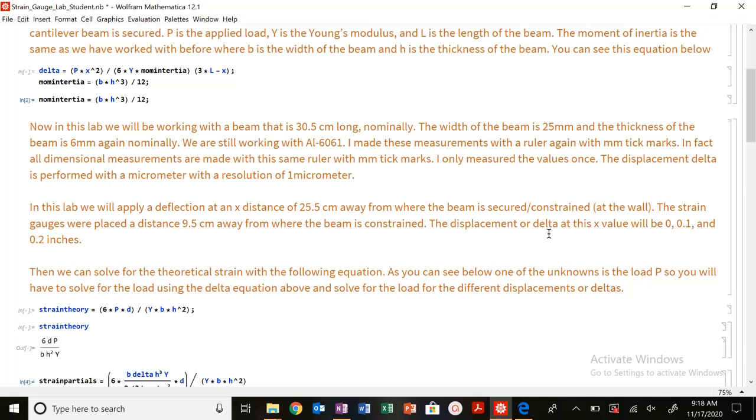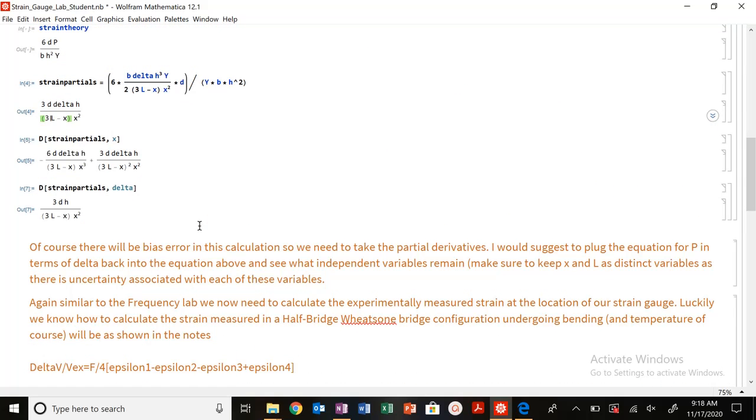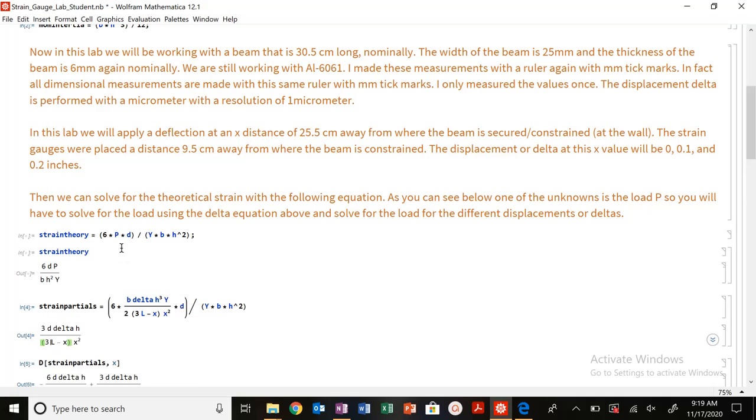We measured this one time. So the only contribution is going to be this bias error, this bias uncertainty. That's what you're going to solve for and work with in this lab. So that's how you're going to deal with the strain theory, and you're going to plug in these